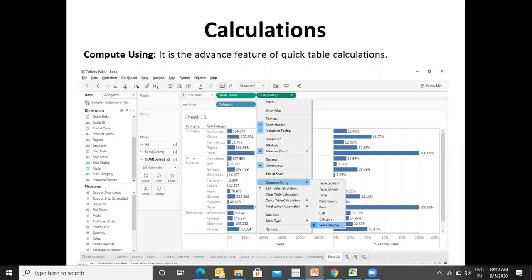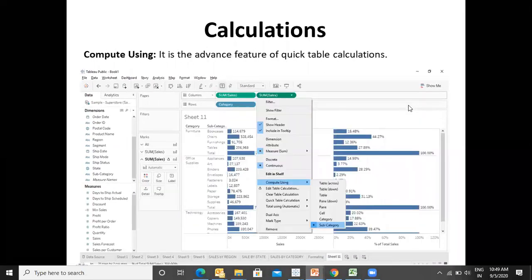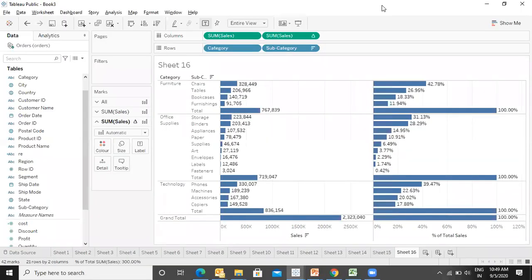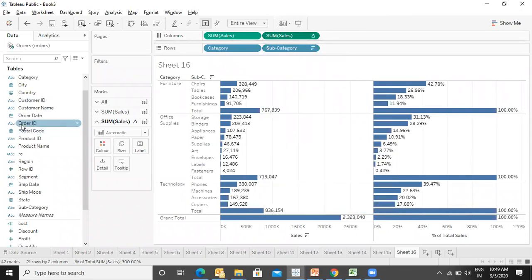All right, so let's proceed. One question, please. Actually, category and subcategory are columns in this data set, right? But this category and that category is different, right? Could you please explain this category also? When we are going into the subcategory, this compute using category and subcategory will be depending on the dimension and the measure you have taken.